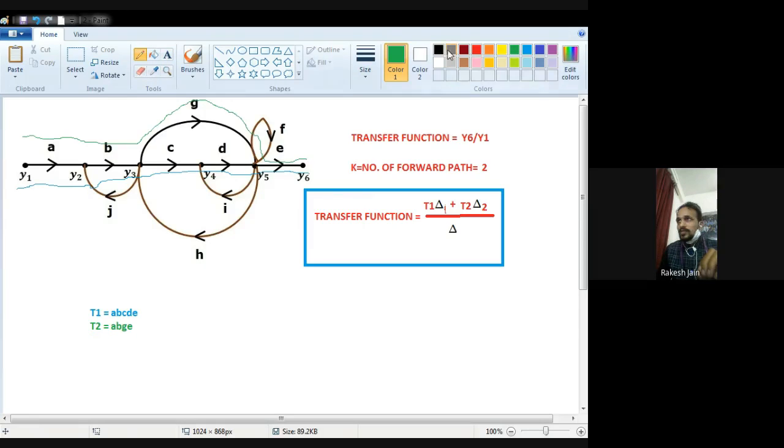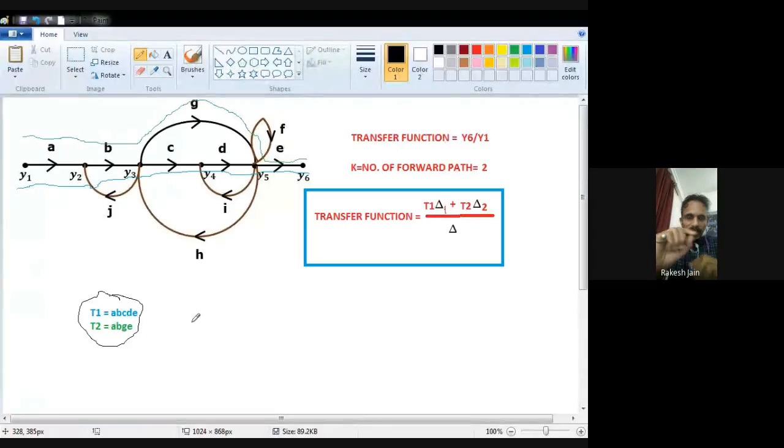Yes. Now see. So this ABCDE and ABG are my two forward paths. Now we have to find out del 1, del 2. What is the meaning of del 1, what is the meaning of del 2, and what is del? First of all, what is del? Before this, my second step is to find out the number of loops. But what is my next step? After finding out the number of forward paths, T1 and T2, we have to find out